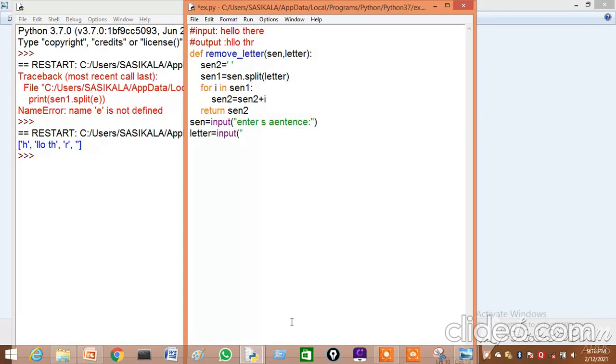Input of "enter the letter to be removed". These are the two inputs we are going to get from the user. Then we have to call the function. Inside the print function, I am going to call the function. Sen and letter I am going to pass to that function. Okay.